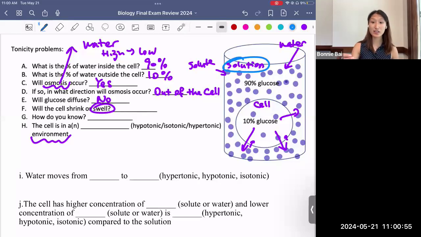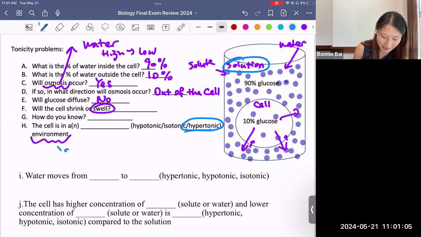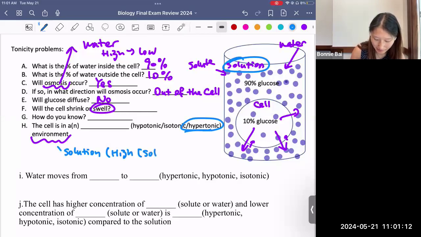it has high concentration of solute. And it just happens that the word hypertonic means high concentration of solute. And once again, the word environment means we're talking about what's outside of the cell, which is the solution. The solution is high in concentration of solute, which corresponds to the word hypertonic. Very good. The rest of the question says water moves from an area of hypertonic to, my bad, hypotonic to